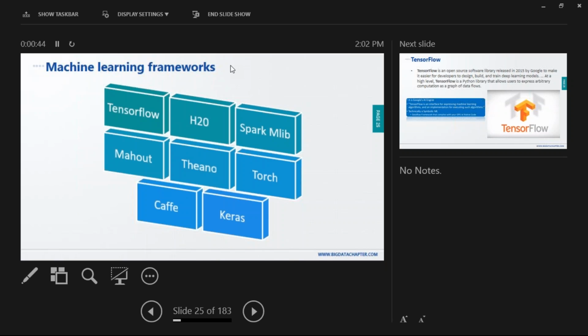These are like the buzzwords in AI, the tools which are used. TensorFlow is Google's product. H2O, now Google has acquired it; H2O was done by Stanford, I think. Spark MLlib is there, an Apache product. Then we have Caffe, which is given by Facebook.